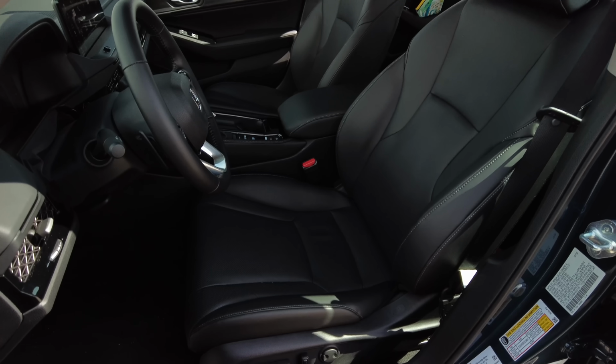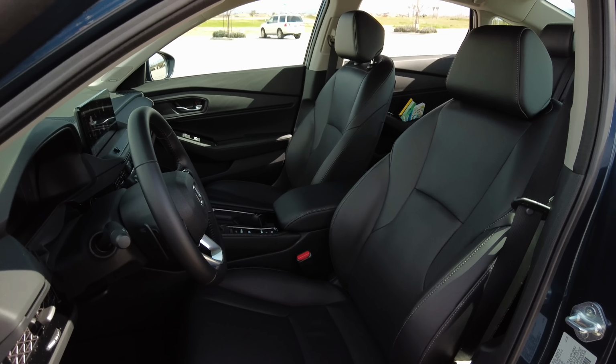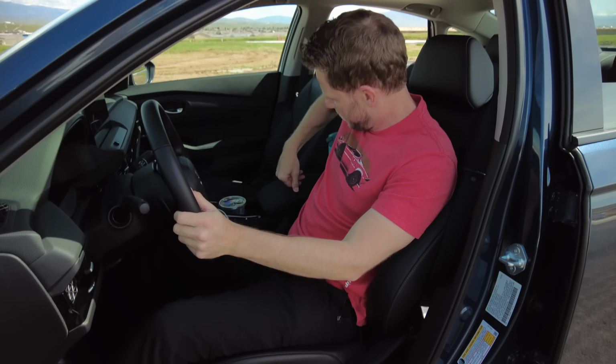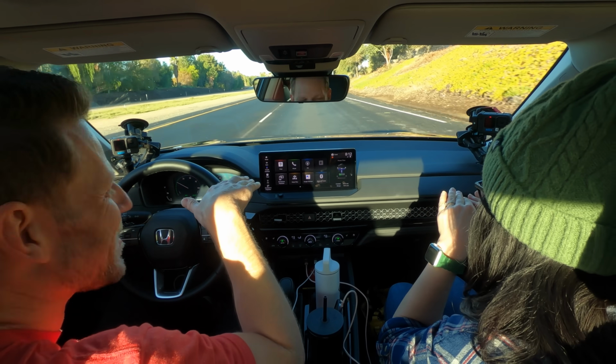Another improvement for the 11th generation Honda Accord is that they've changed the seat design. So they've tried to enhance how much thigh support we have, a little bit more lumbar support. They are very comfortable seats, but the passenger does not allow adjustability of height. So I feel like I'm riding very low in here. You're just kind of barely peeking up over the...